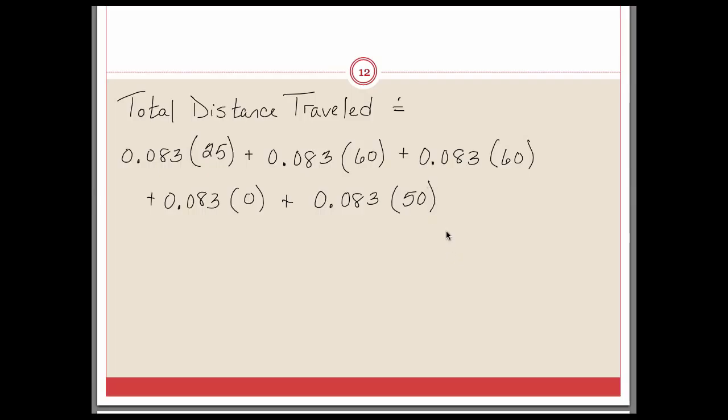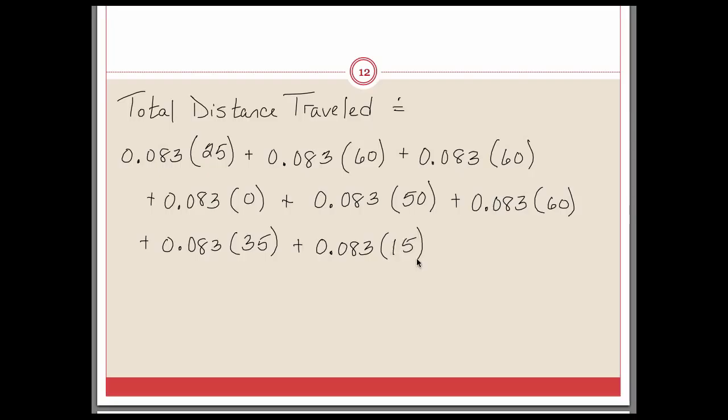Next rectangle, she was going 50 miles an hour. Now she's back to doing 60. 2 more. Next rectangle, 35 miles an hour. And finally, the last one, she's going 15 miles an hour. So if you add these up, you should get